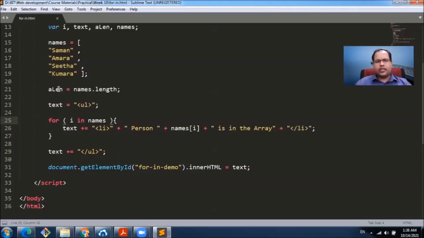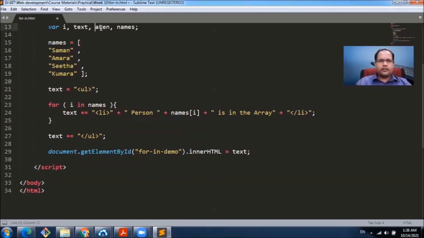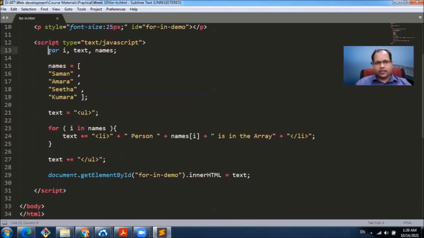So in this case, we don't need to take the length of the array. And it's very easy because JavaScript automatically calculates the array's length and only iterates through the elements of the array. So this is how we use for in loop. We have specified the JavaScript code inside the document. We call this kind of scripting internal JavaScript.